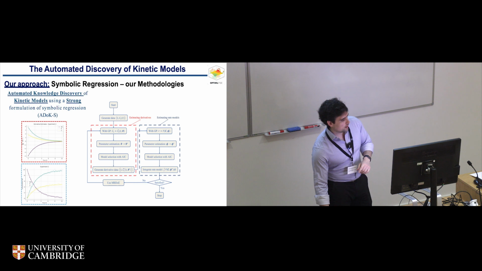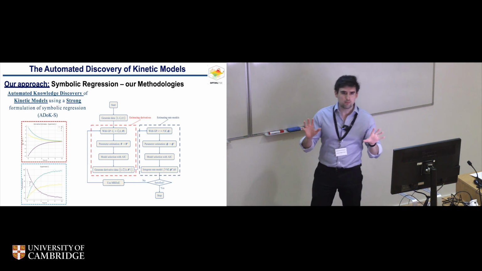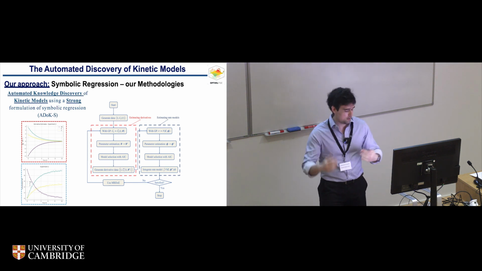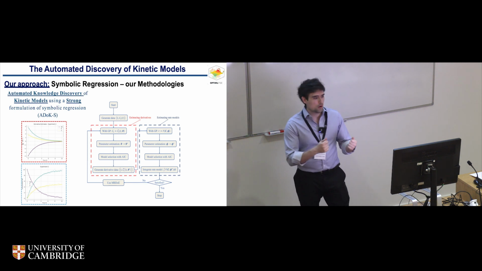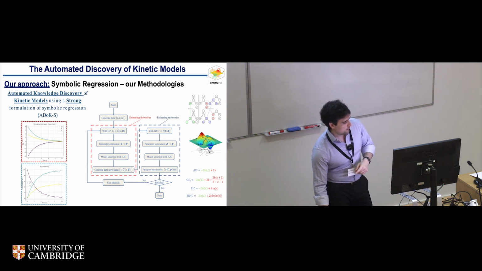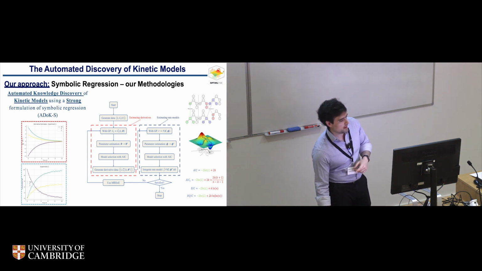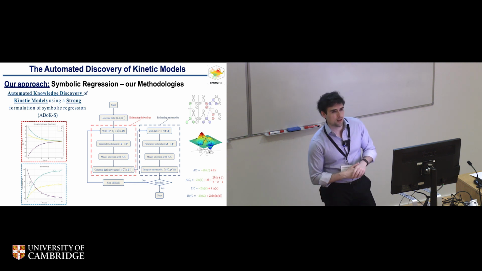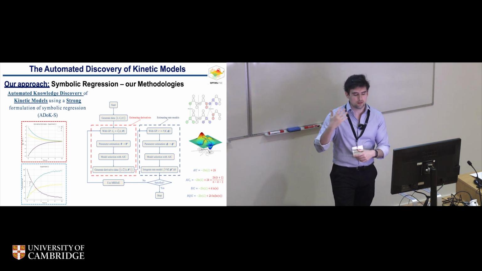So the idea is that we have, let's say, our experimental data here. We fit this experimental data with some polynomials. Here, we're not interested in any interpretation, we just want to fit a polynomial. And we use the same information criteria techniques to know which polynomial to use, so that you can capture the trends well. Then, from this fit, we can get our derivatives. And so we can find our kinetic models by directly fitting these derivatives,